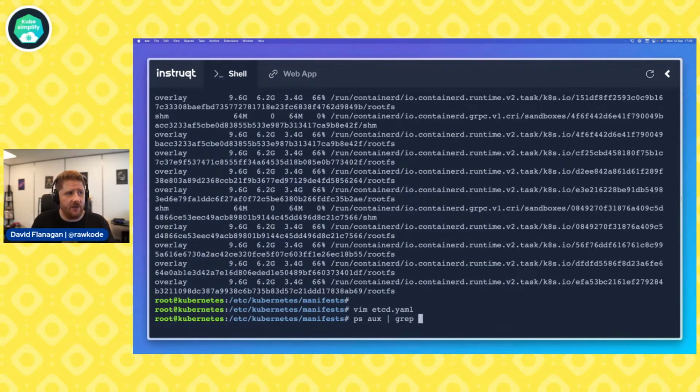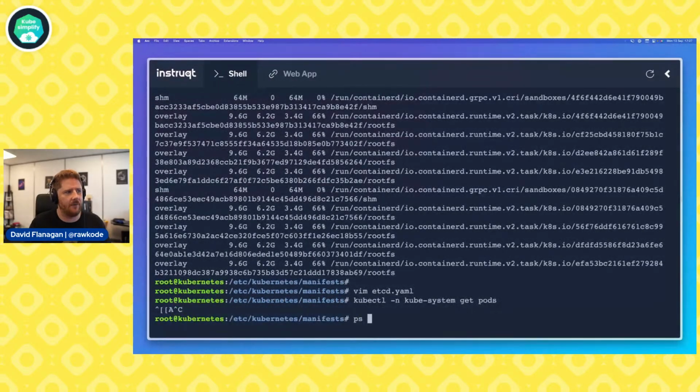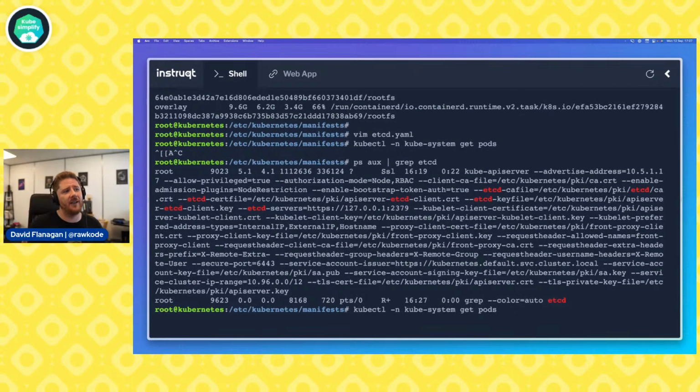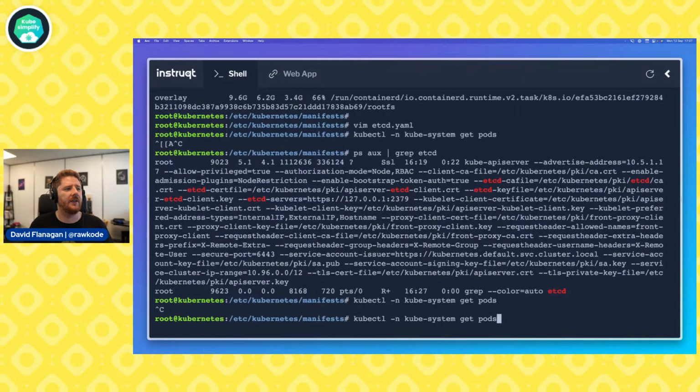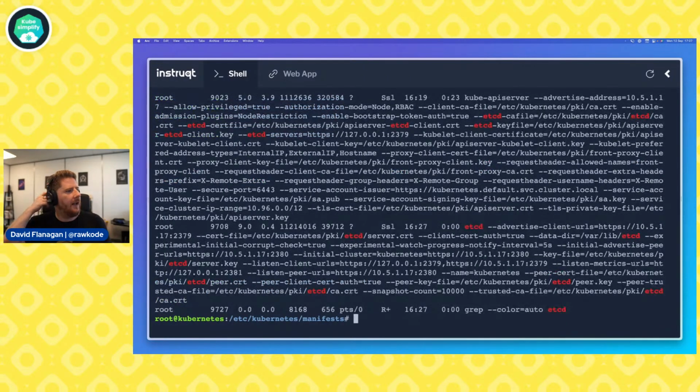Kubelet will detect this change. In fact, I wonder if we can be fast enough, well, not now with this typing, to describe and see that change. Oh, well, we can't because there's no etcd. All right, we're waiting for etcd to restart. So we've removed the quota. This will allow writes to work, hopefully. But there's actually one more hoop you have to jump with etcd, which is why this example exists. I'm going to show you that in just a second. Where's my ps? There we go. Now we have an etcd without the quota.